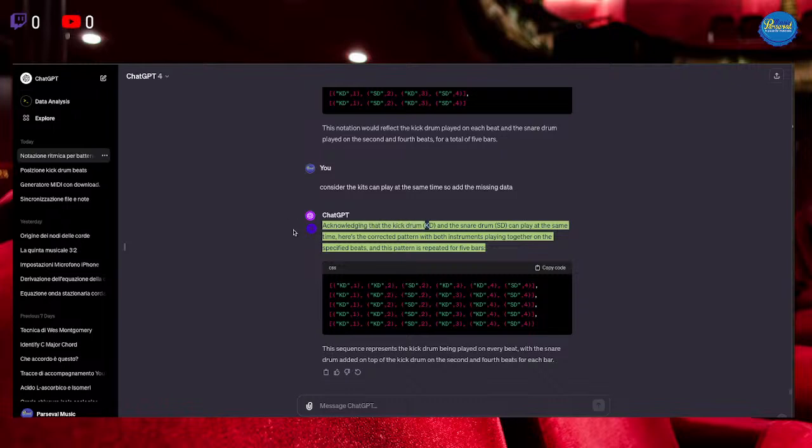Acknowledging that the kick drum, KD, and the snare drum, SD, can play at the same time, here's the corrected pattern with both instruments playing together on the specified beats, and this pattern is repeated for 5 bars.